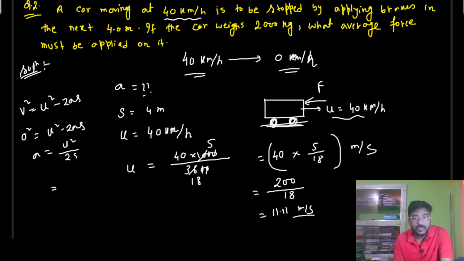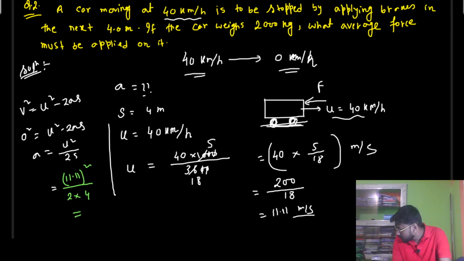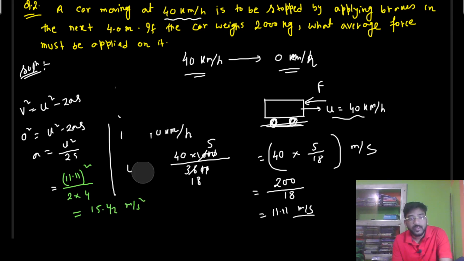If we substitute here, we get u as 11.11, whole squared, divided by 2 into s, where s is 4. And if you calculate, you will get, I think, 15.42 meter per second squared. Now how much braking force we need to apply is very simple: mass into acceleration, or here deceleration. So the force that is required